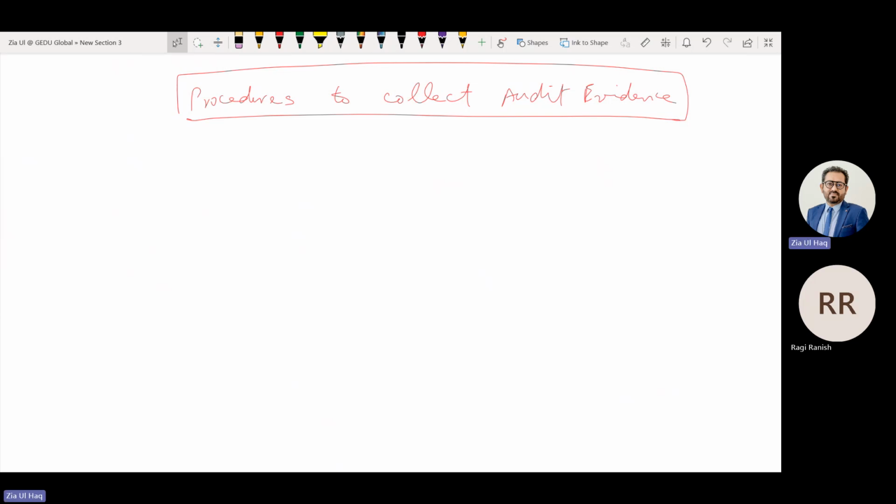What is the evidence? A recording of the physical inspection. When we physically inspected, we wrote everything down in the working paper: we inspected the asset at that date and time and verified its existence. So, recorded notes of a physical inspection of the asset to verify its existence. This is the evidence.